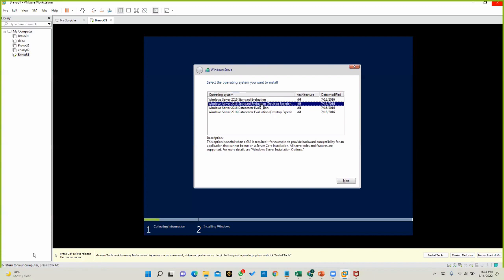So if you assume you are going to install the operating system on a server having 128 GB RAM, and let's say 1 TB of hard disk. So assume you have to create 10 virtual machines which is having at least 16 GB of RAM as well as assume 200 GB of hard disk.